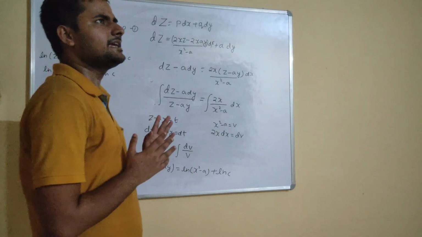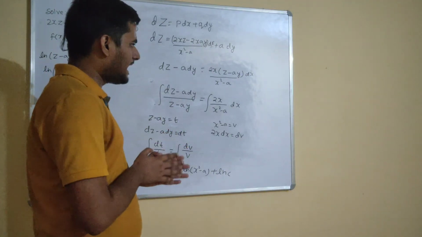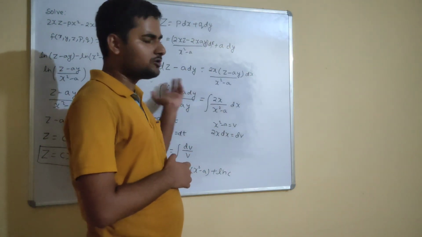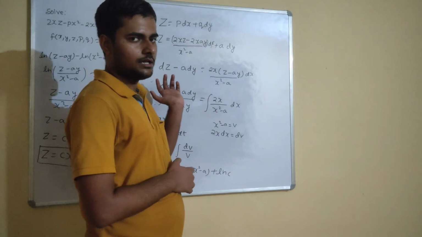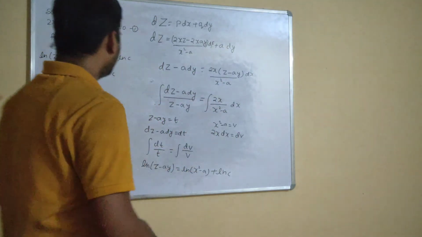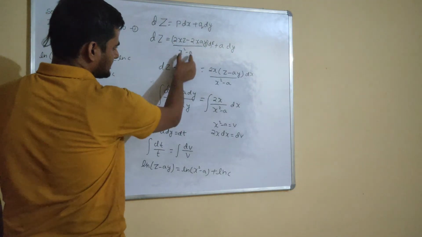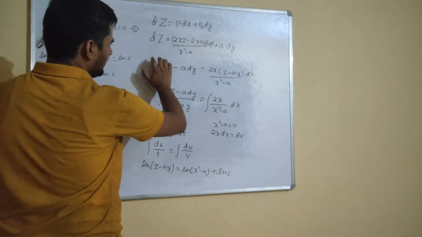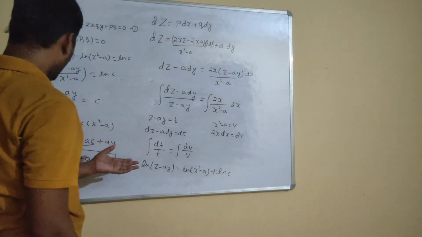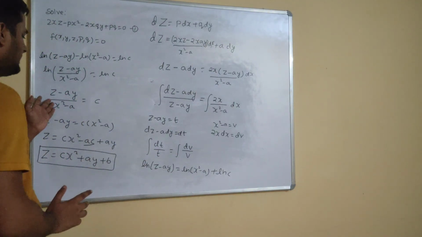Now from there on I find the values of the denominators separately, del f by del x and so on, and I realized that the last fraction which I was getting was dq by 0. So if I equate that to any of the before fractions, then I will get dq equals to 0. If I integrate, I get q equals to a. Put that in this equation. Find the value of p. Value of p came out to be 2xz minus this divided by this. Use this equation here, integrate. Now that integration is very easy. Finally use the property of log, manipulate, find z equals to this as your answer. You can leave your answer here also.